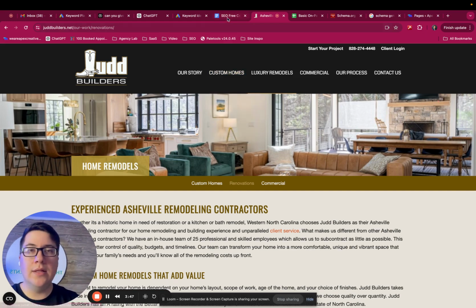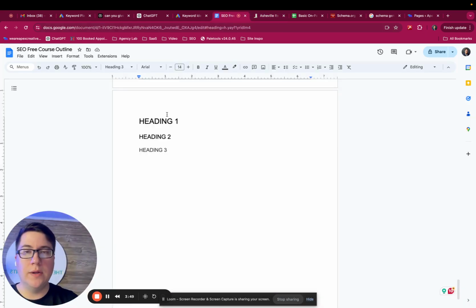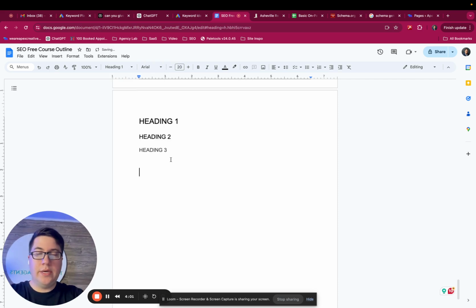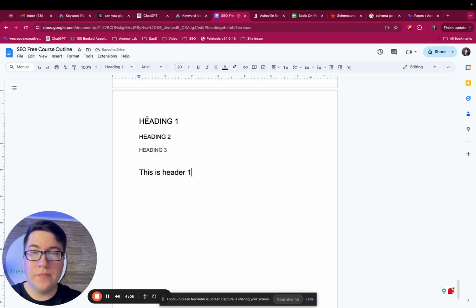So what I mean by that, let's go ahead and go to this Word document here. Here's an example. I can do the same thing here with Google Documents. If I click down here and create a new line and go here to normal text, go to header and apply header, I can say this is header 1. Same example above here. This is header 1, this is header 2, header 3.